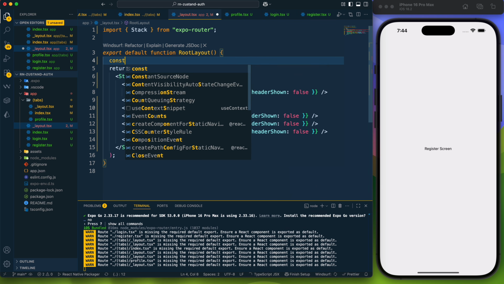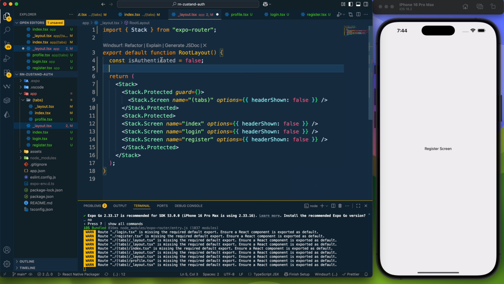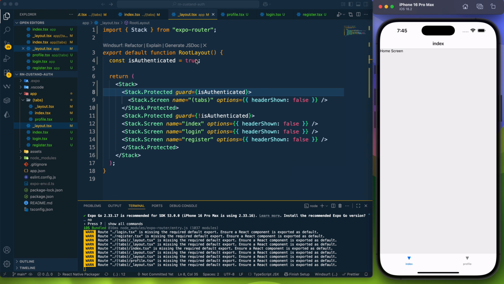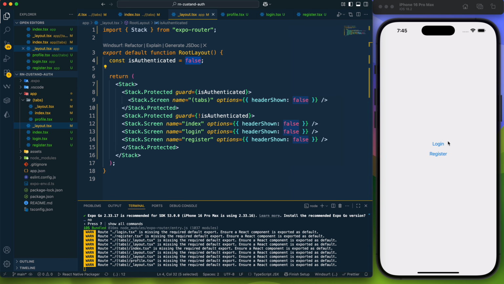or false. So here let me create a constant called isAuthenticated, and let me provide that here, and here for the guard I have provided not isAuthenticated, and it will be displayed if it is authenticated. So let me provide true value here. So now save it. So here you can see that if it is true, then we are presented with this home screen and profile screen, and if it is not true, then we are presented with the login and register